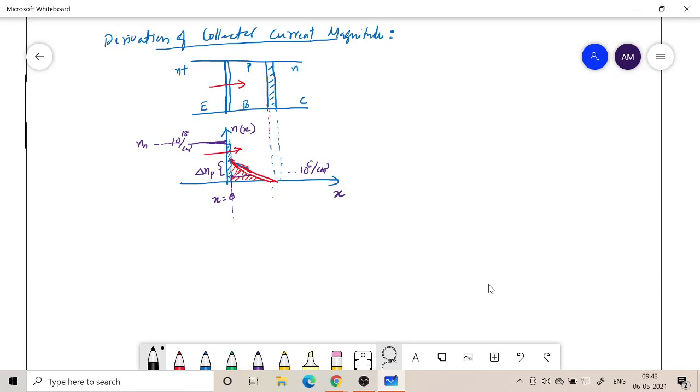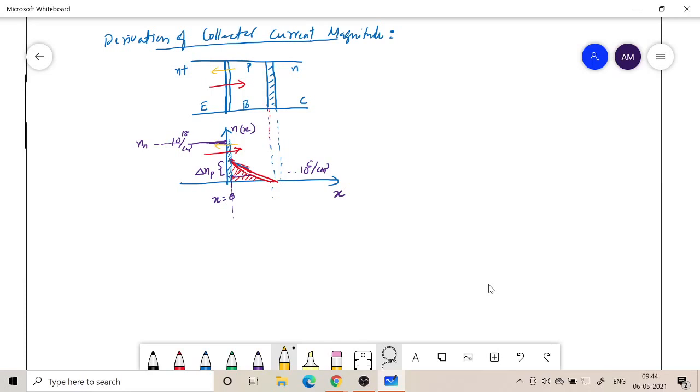So the starting point, what I said is that when you forward bias an emitter base junction, there will be a lot of diffusion of electrons from the N plus emitter region to the P base region. That is what I have indicated with the red arrow, and similarly you have a flow of holes from the base region to the emitter region also. If we want to denote that, maybe we can use a different color. It will be in this direction, the way the holes are going to diffuse from the base to the emitter region.